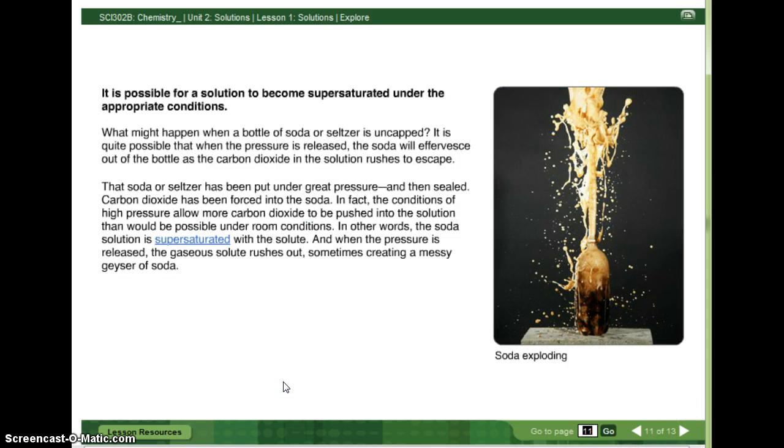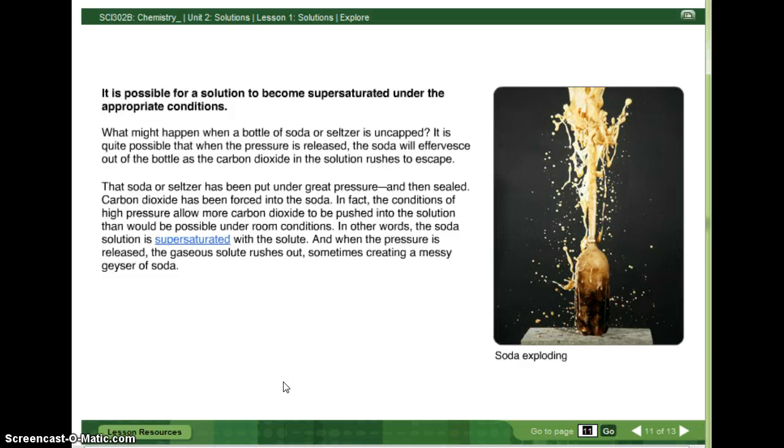It is possible for a solution to become supersaturated under the appropriate conditions. What might happen when a bottle of soda or seltzer is uncapped? It is quite possible that when the pressure is released, the soda will effervesce out of the bottle as the carbon dioxide in the solution rushes to escape. The soda or seltzer has been put under great pressure and then sealed. Carbon dioxide has been forced into the soda. In fact, the conditions of high pressure allow more carbon dioxide to be pushed into the solution than would be possible under room conditions. In other words, the soda solution is supersaturated with the solute, and when the pressure is